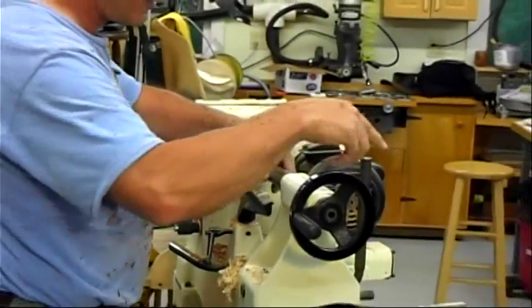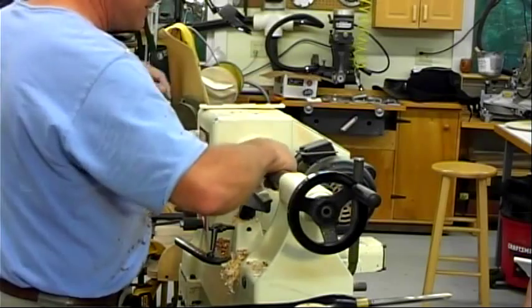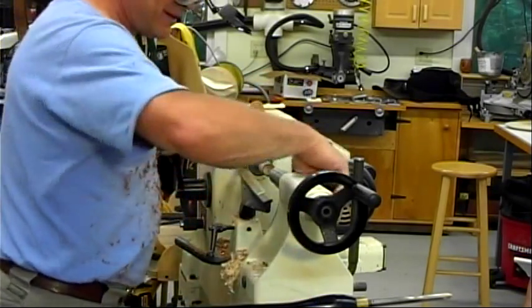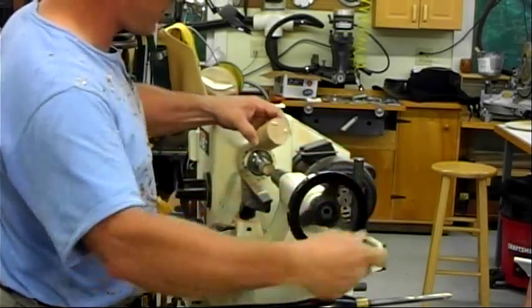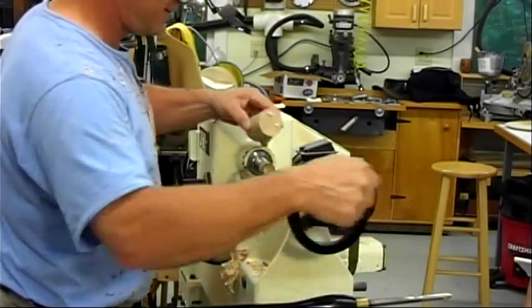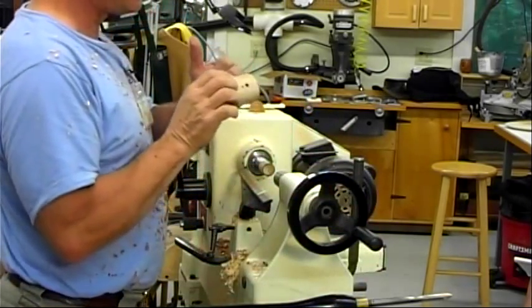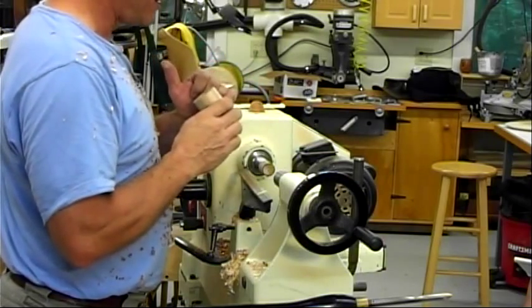Remind me when I'm done to give you one of the drive spurs. So, there's the crown for my Acorn. And dummy me, I've got another one of these at home, but I forgot to bring it, so we'll just bring this one out. This one is already pre-drilled, and it's got the hole for the bird, and then the little hole for the